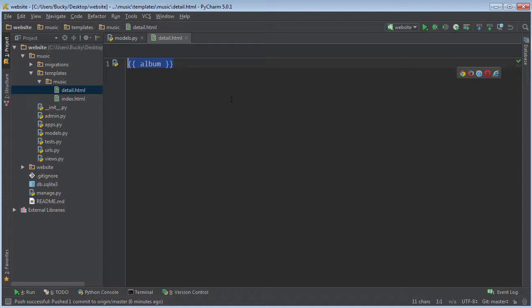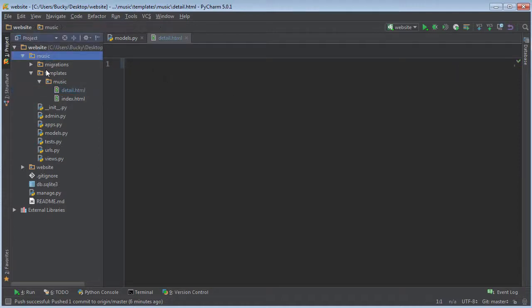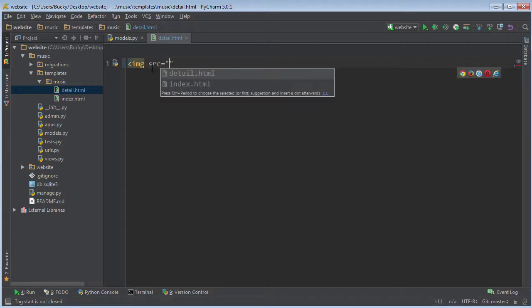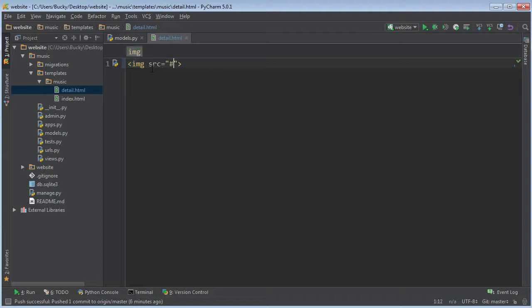Alright, so let's go ahead and delete this. Don't need that anymore. And again, I'm working in music, templates, music, detail.html. The first thing I'm going to do is add image, source, and let me just get everything taken care of right now. This is going to be the album logo, and then I'm going to have a heading 1, and I'll just say that this is going to be the album title,